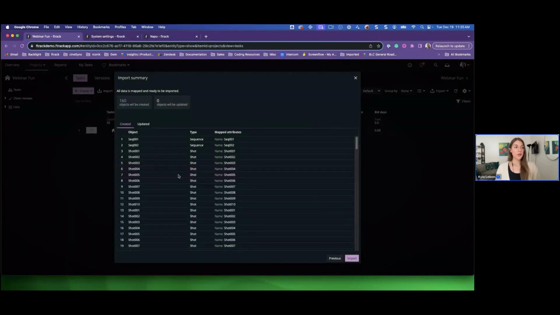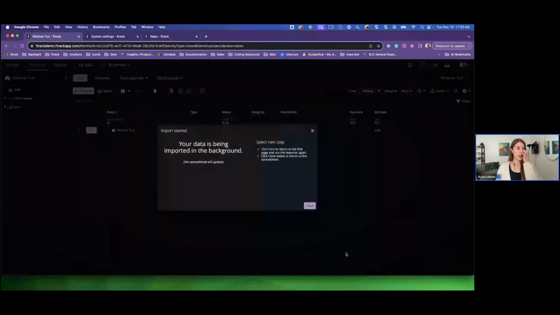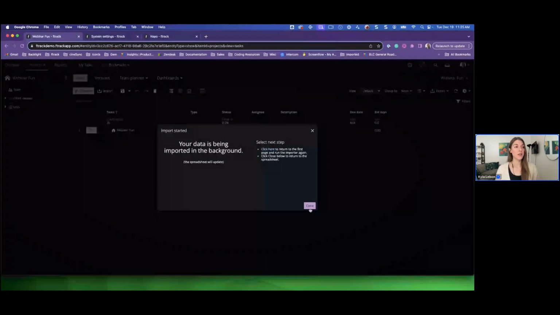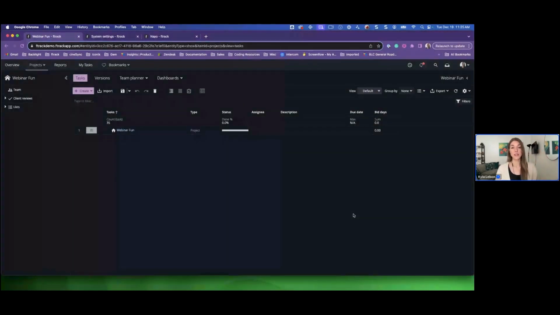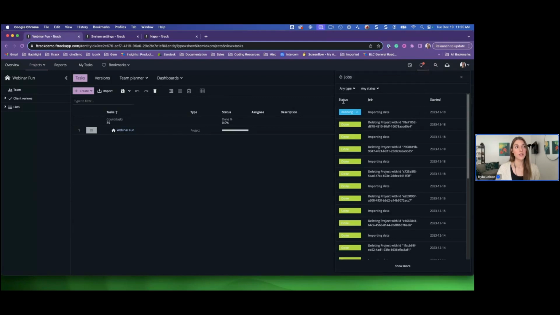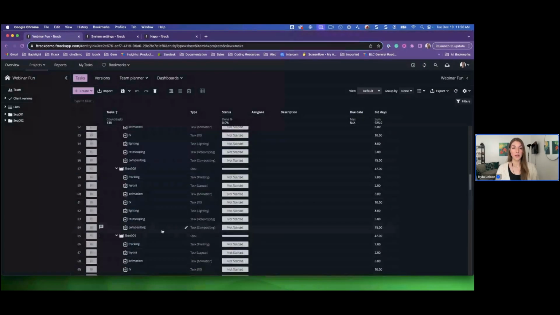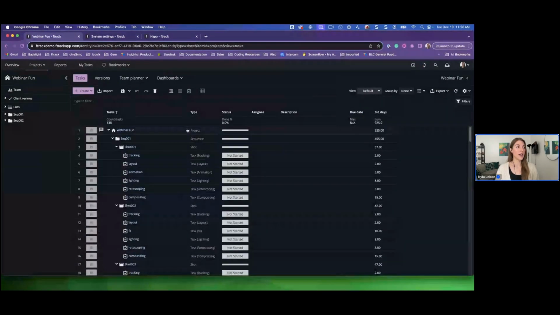There's a summary of objects I'm creating. I'll go import. And this is just letting me know that that import is going to be completed in the background. I can close this. I could even go do something else in Ftrack if I needed to. And if I wanted to check on how my import is doing, I can go up on the top right corner to this Jobs tab. And you can see that it's letting me know that the import is running here successfully. And hopefully this shouldn't take very long. There we go. All right, so I've got all of my information now imported and ready to go in my